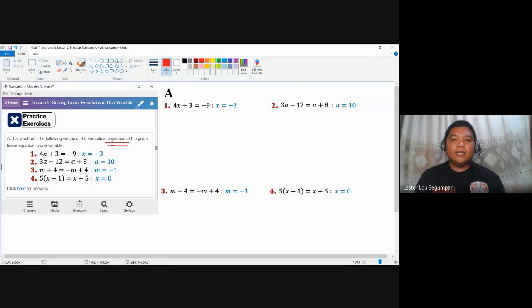Second, you're going to determine the operation and probably the number sentence. Number three, you're going to apply or solve the problem. And number four, or even the fifth step in your elementary years, regardless of how many steps you were taught, is always to check back, to look back. In short, checking. This process for practice exercise A in lesson number 2 is actually the checking part. So for number one, two, three, and 4, we are going to determine whether the equations will stay as equations when these values of the variables are substituted per item.